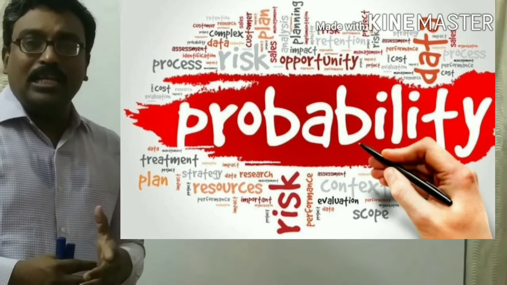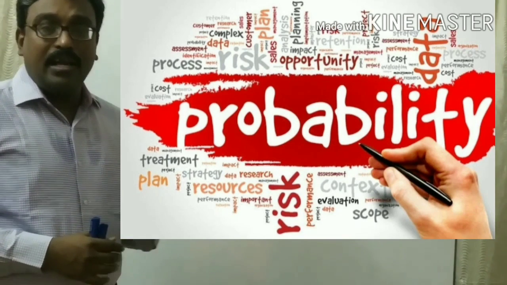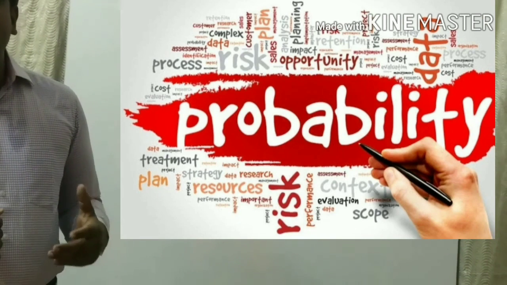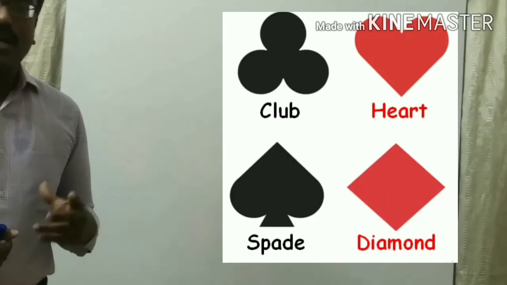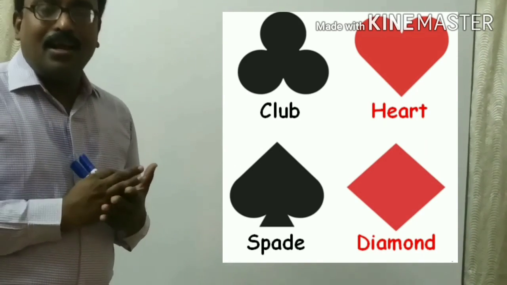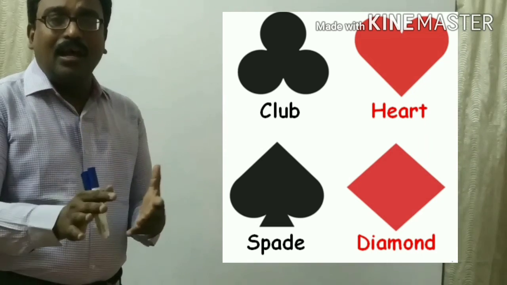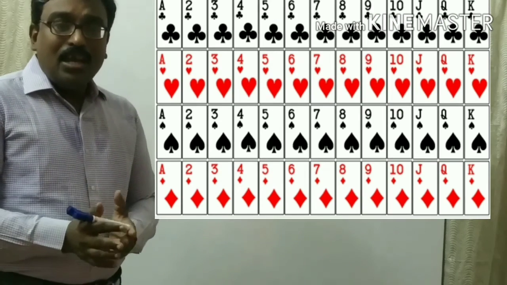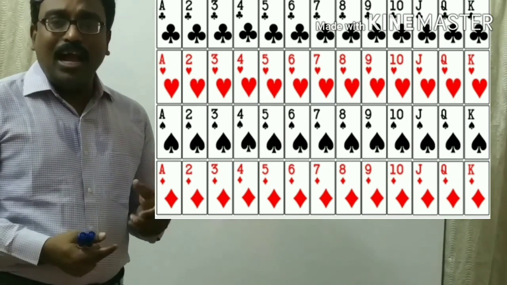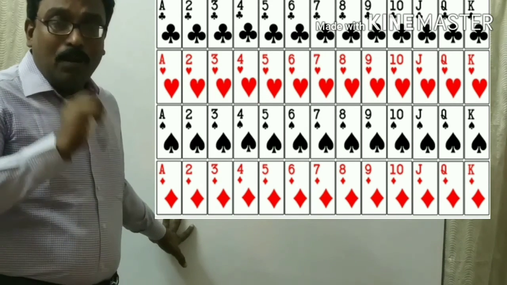Now one more model is there, that is a deck of cards or pack of cards, that is nothing but playing cards. Work out how many cards will be there in your deck, what the symbols are, what the colors are, what the numbers are. Today you just work it out. Then in the next video class, we'll complete the playing cards.